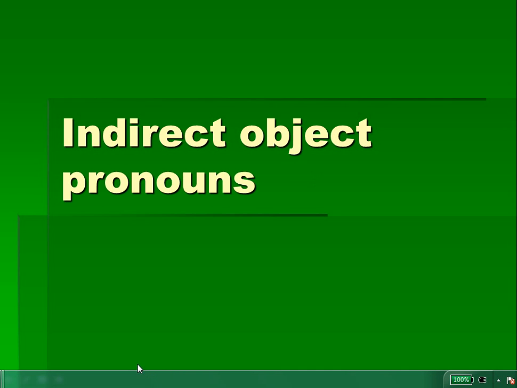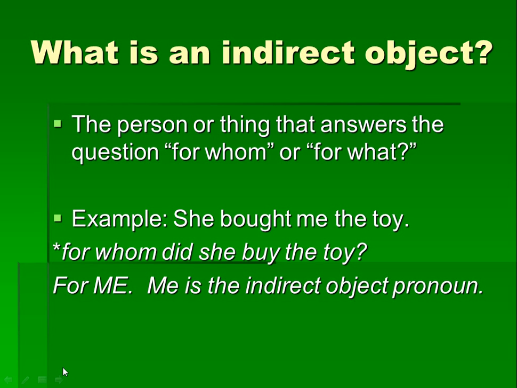Indirect object pronouns. Would you be able to tell me what an indirect object pronoun is in English? Could you give me an example of one in English? Probably not. Most students don't usually remember what an indirect object pronoun is in English, so let me show you first in English. The person or the thing that answers the question for whom or for what in a sentence